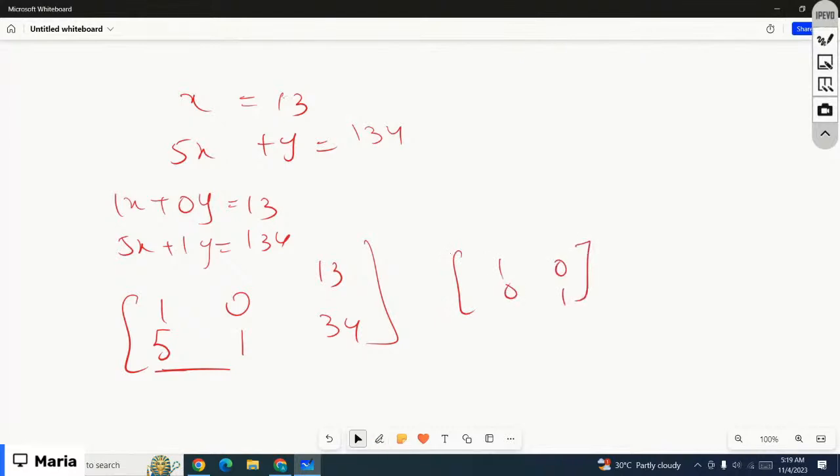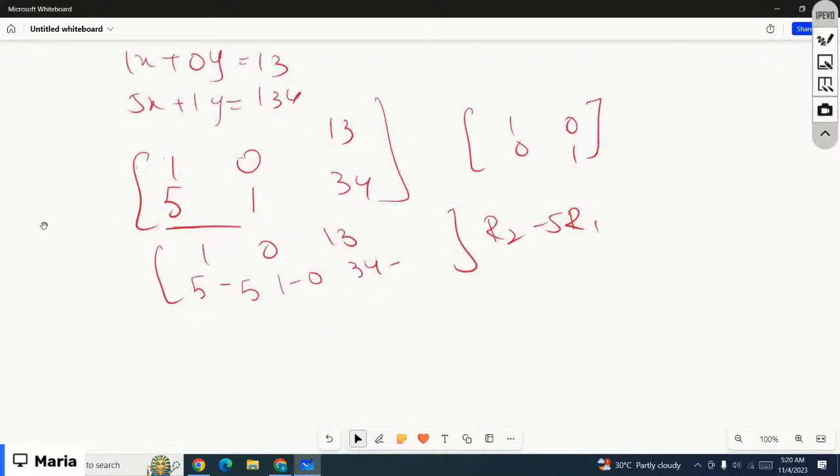You have to apply different mathematical operations and you can solve them, right? So you already have 1 0 in this row, so you have nothing to do with row 1, right? We just have to solve row 2. Here you need to make 0. How do you make 0 here? If you multiply r1 by 5, basically you do r2 minus 5 r1, right? So 1 0 13, row 1 is exactly the same. 5 minus 5 times 1, 1 minus 0, and 34 minus 13 times 5 is, hold on, 13 times 5 is 65, so that would be